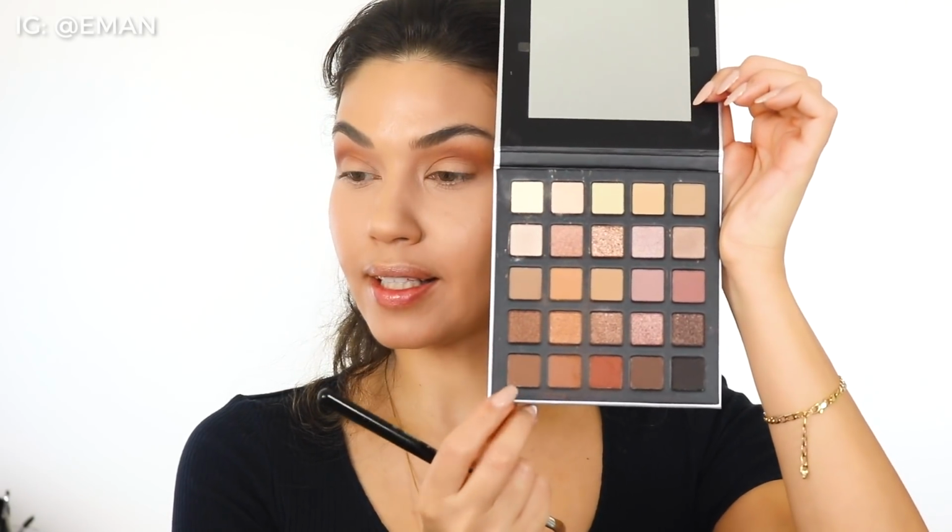So for the lower lash line, you guys, I wanna go in with more of a neutral brown. This is very warm and red. This time I wanna go more neutral, so I'm taking this brown over here. It's definitely not as warm. I feel like this is gonna kind of break up the look a little bit, so not all the shadows look the same. And I'm running this just along my lower lash line,